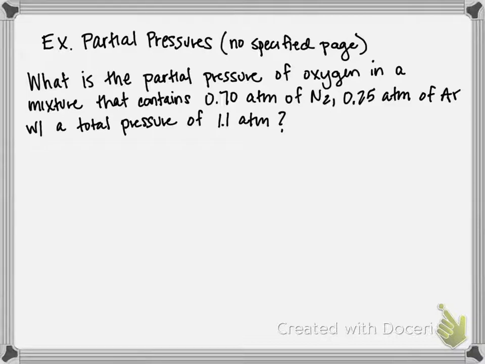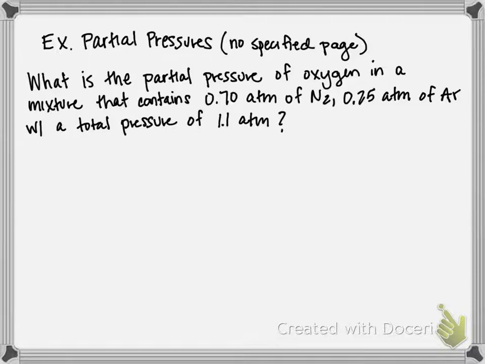equal to the partial pressure of gas A plus the partial pressure of gas B plus partial pressure of gas C, and so on and so forth, depending on the number of gases contained in the mixture. So in this problem, we have a mixture of several different gases, and it asks what the partial pressure of oxygen is in a mixture that contains 0.7 atmospheres of nitrogen, 0.25 atmospheres of argon, and has a total pressure of